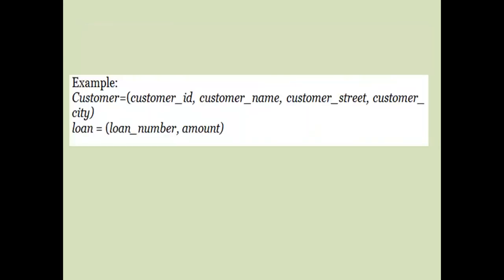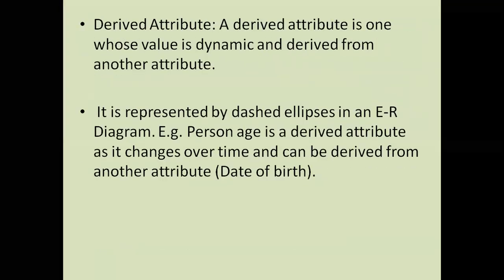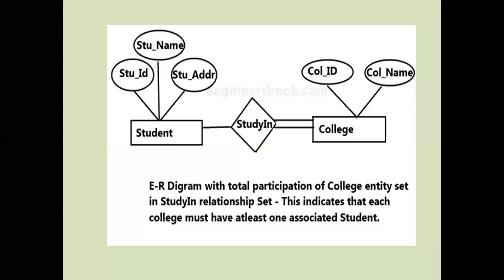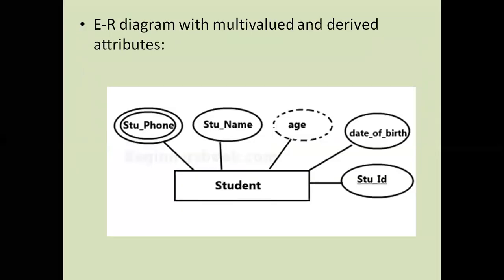In the last class also we discussed that, so let us try to revise once again. We are using different types of symbols. So this is the strong entity. When we represent a rectangle with a single solid line, it represents the strong entity. What does it mean? When the entity is represented like this, it has a primary key. And how can we identify the primary key? In the attributes, we represent it with an underline.